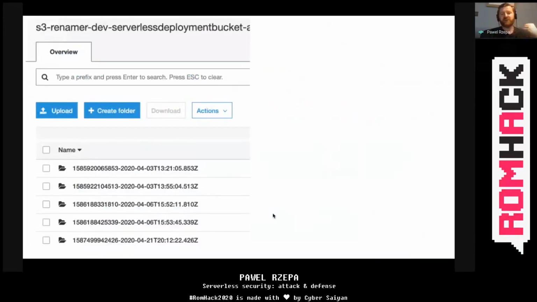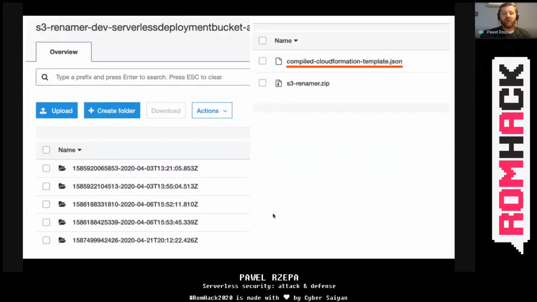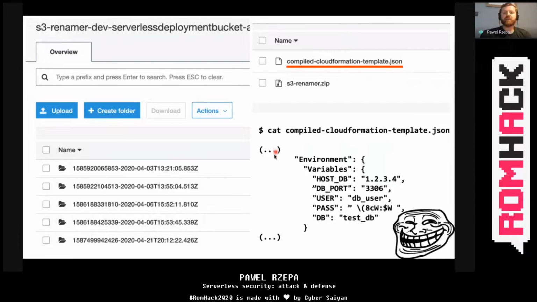So if you compromise an internal user, or you are the internal user that wants to get this secret, and you have only permissions to the S3 bucket, then you can see in such a bucket all the versions of the uploaded Lambda function. And in the CloudFormation template JSON file, you can simply read all the secrets in plain text.